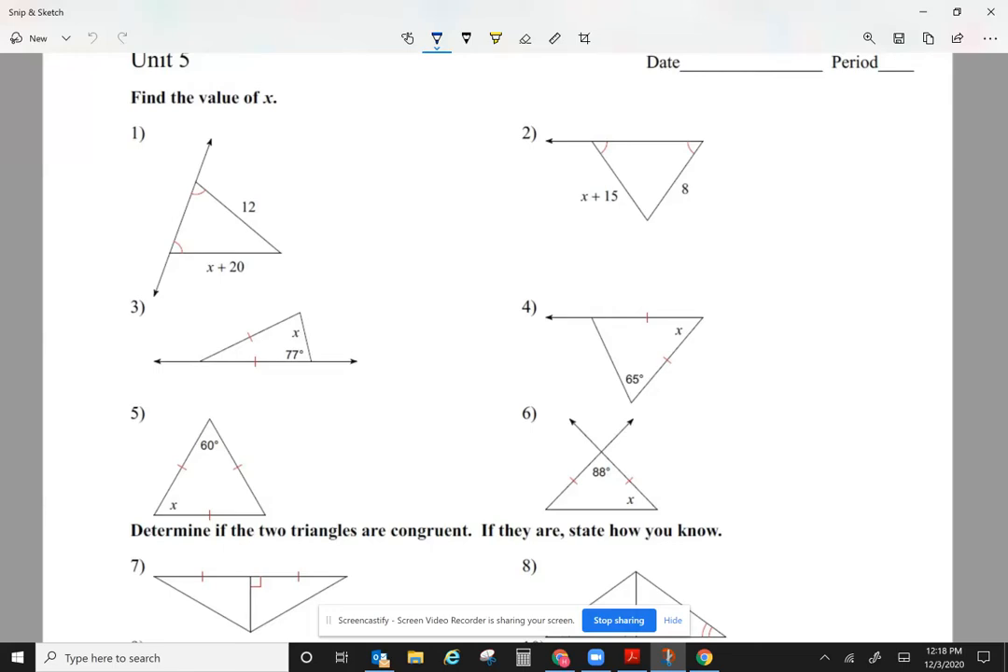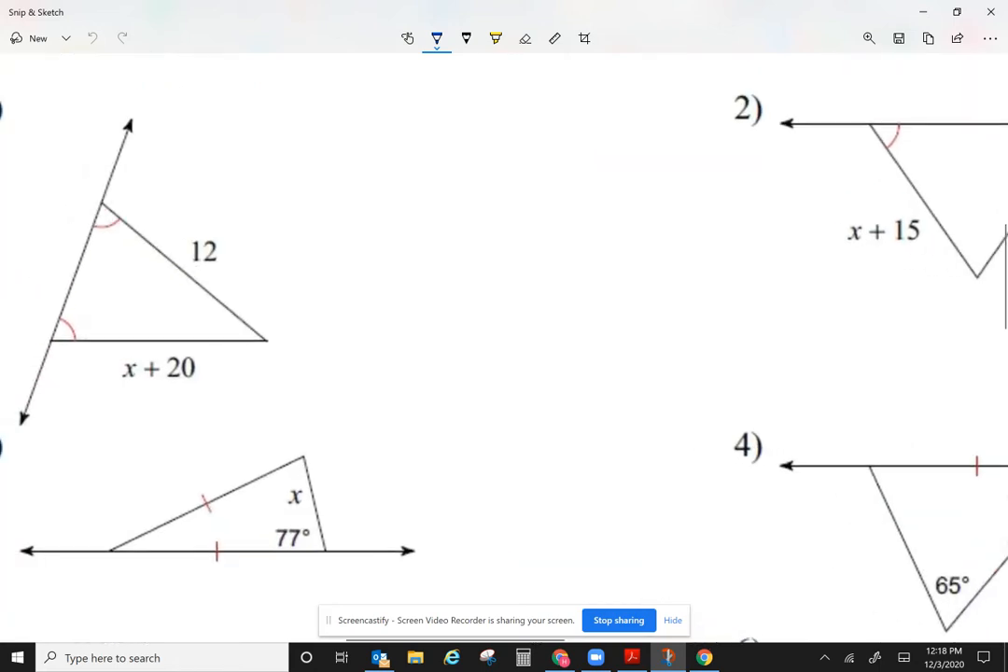Now, isosceles are triangles that have two sides that are equal. Once again, let me say that again. Isosceles are triangles that have two sides that are equal. Now, before we talked about triangles, right? Remember